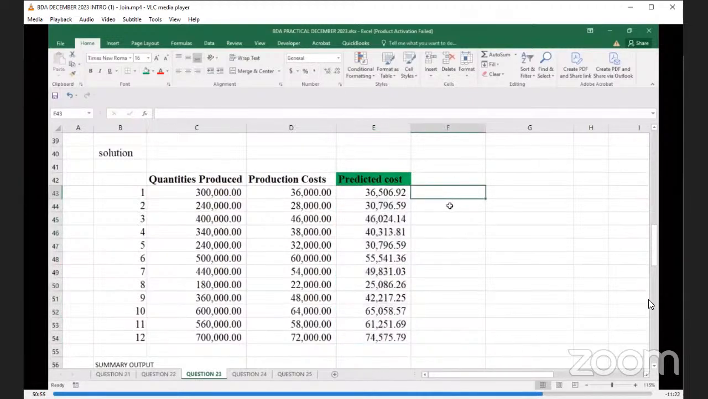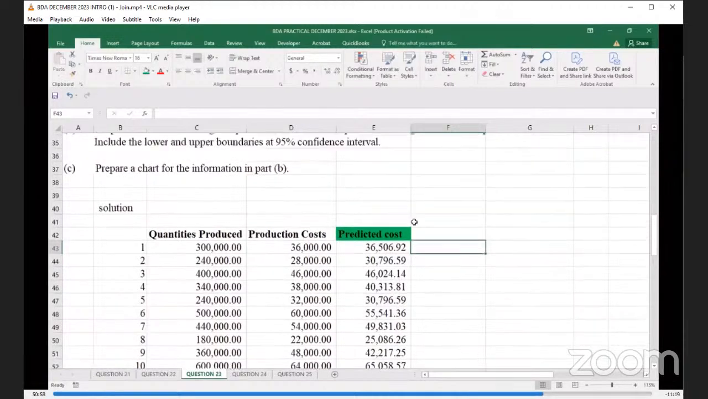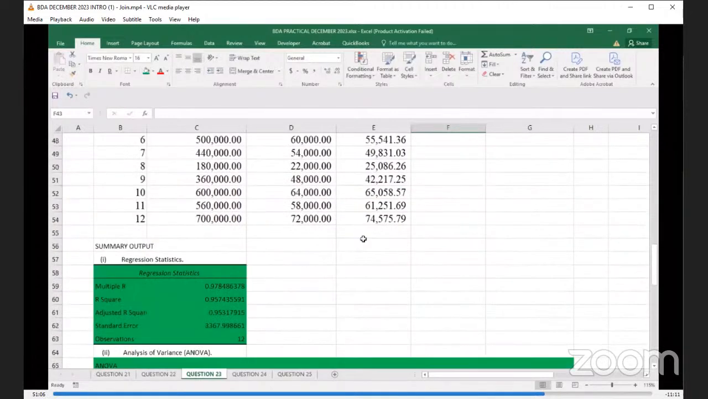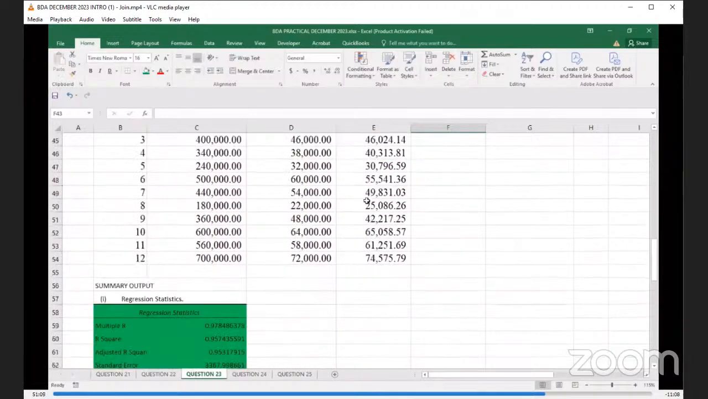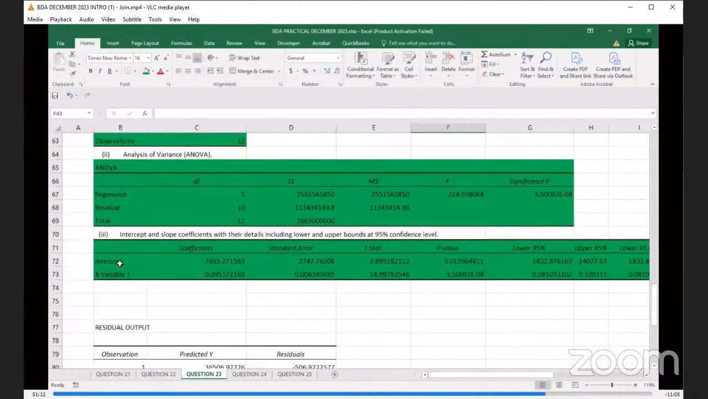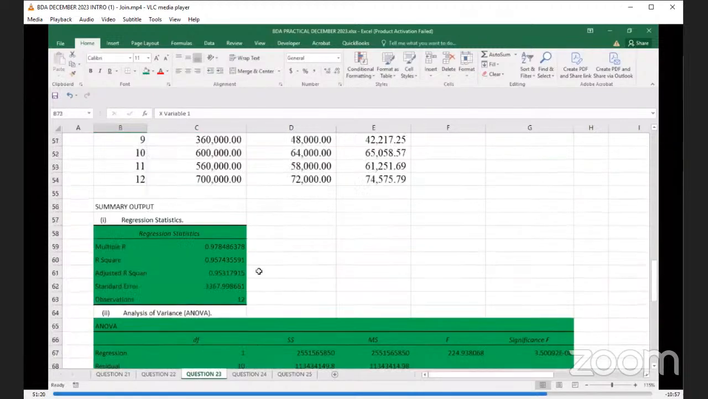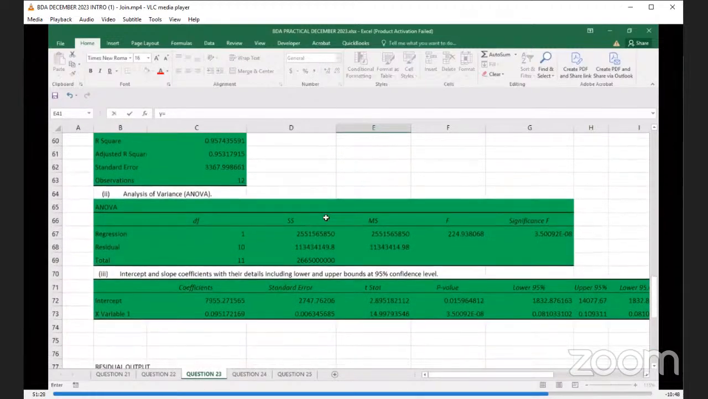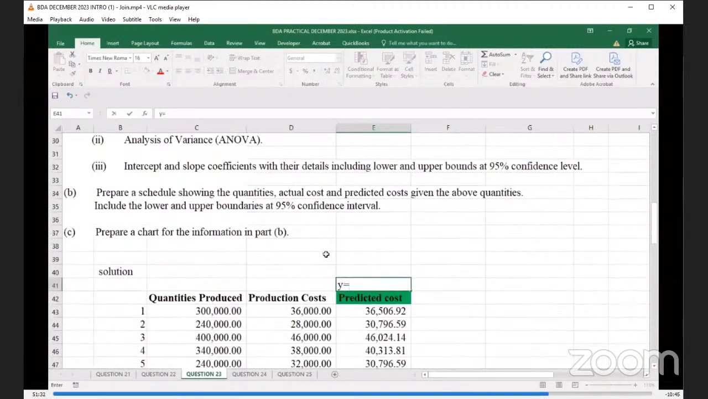Okay? The next thing that our good examiner wants us to do is to determine our range, including the lower and upper boundary. So first of all, with our equation here for the predicted cost, you see the intercept, this is the a value, and the slope, which is the x variable, this is our b value. So we can say that y, remember the regression equation, is equal to a, which is 7955.27,